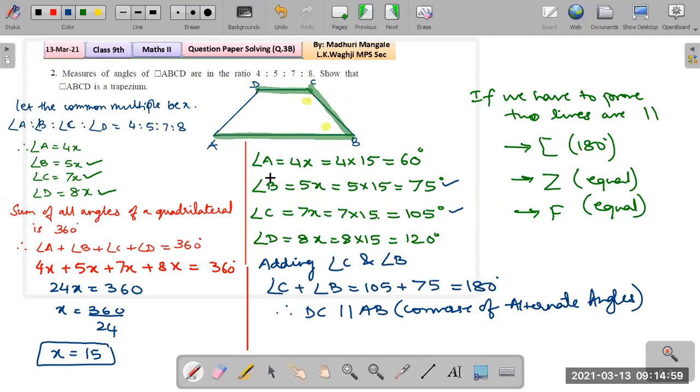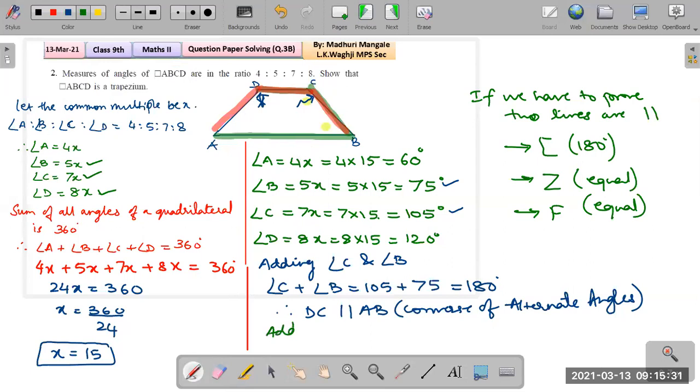What about the other two sides? So we have to show that the other two sides, they are not parallel. Not just drawing the diagram is going to help, we have to prove it. So how do we prove it? We will use again C formation. If I consider these two sides, which two angles fall in that C? This should be angle D and the other should be this angle C. Just find what is the sum of these two angles.